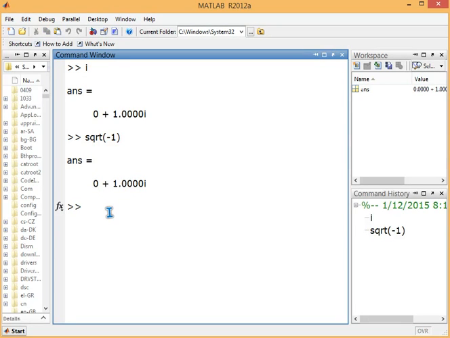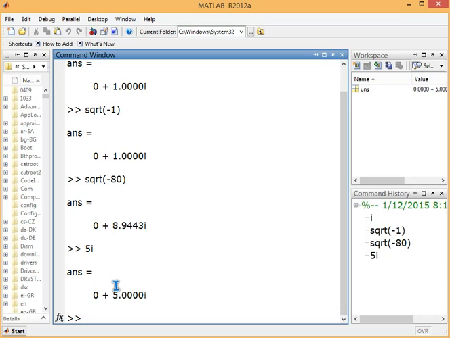So when complex numbers come into play, you can compute the square root of a negative number also. See, this is the a plus ib form. So you can have 5i. Please see that there is no multiplication sign in between. 5i is also a complex number, and all basic arithmetic operators can be employed on it.